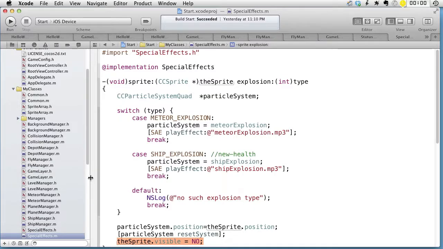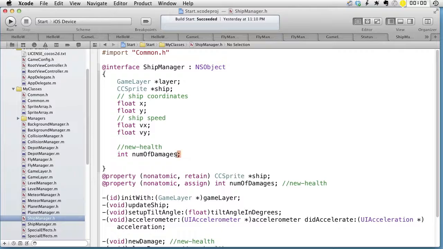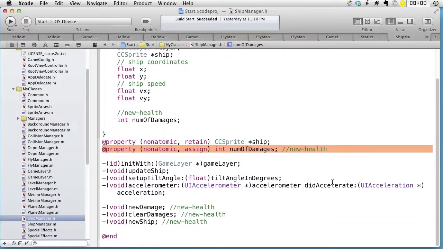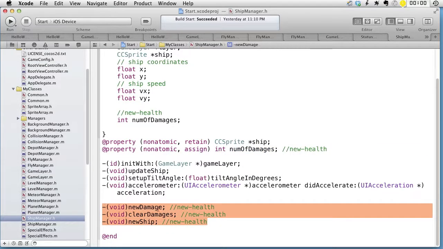Let's now go to Ship Manager. In the interface part, we introduce a new instance variable called number of damages. We make a property out of it, since the Collision Manager needs to access it. We have 3 new methods called new damage, clear damages, and new ship. In the implementation part,